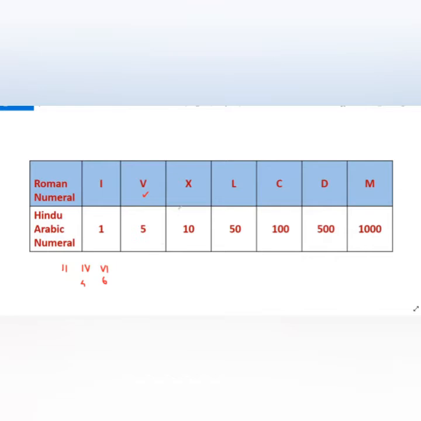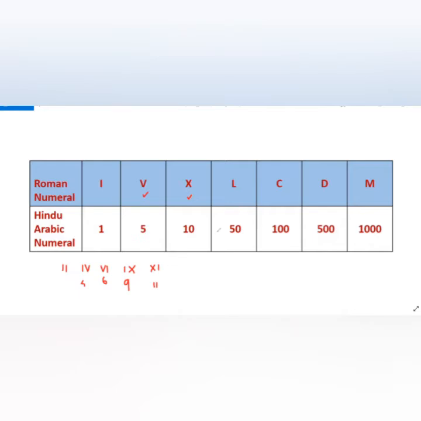How to write 9? Ten is the number X. Ten's Roman numeral is X. So 10 minus 1 is 9. So how to write? The 1 symbol and the 10 symbol, that is 10 minus 1. This is a rule. So this is representing which number? It is 9. Okay, then 11, the same, 10 plus 1 is 11. So we can write 10 first, then 1. So that is 10 plus 1 is 11, 12, 13, 14 means 10, then 4, that is 14.